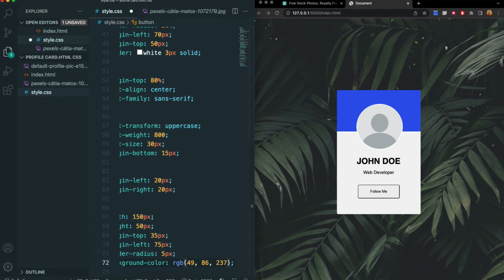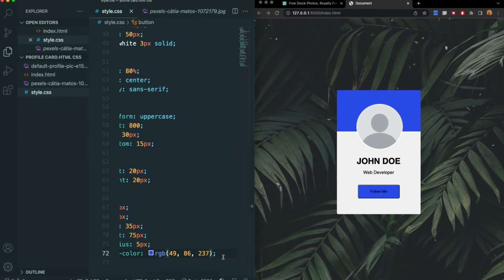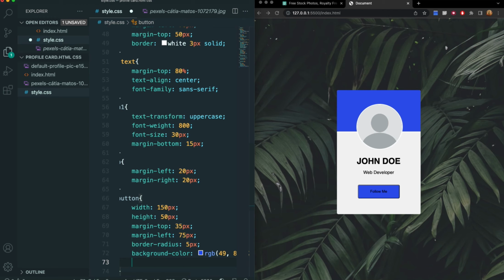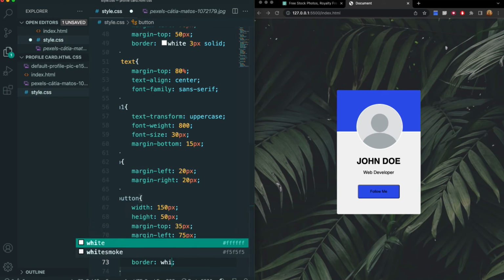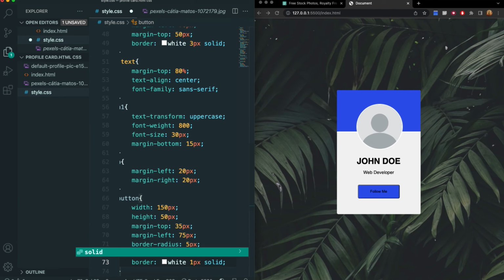So we'll select that, save it, and we have that background color. Now for our border, we want that to be white, not black. So we're going to set the border to white, 1 pixel, and solid. So now our border is white.